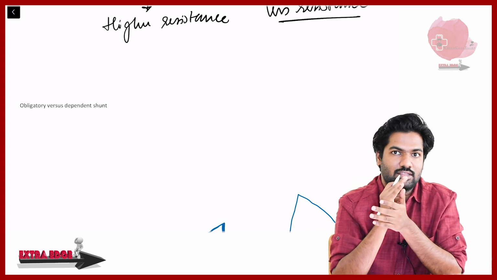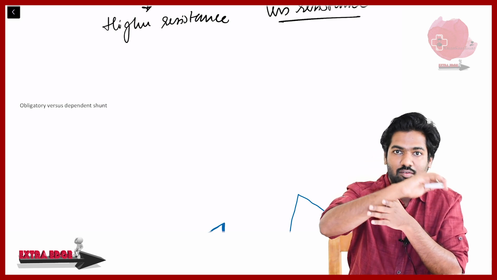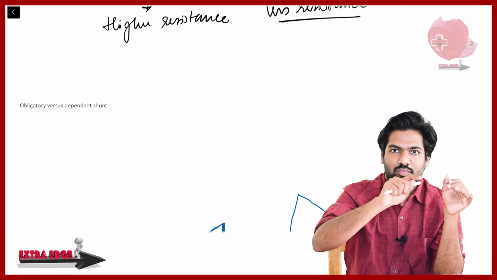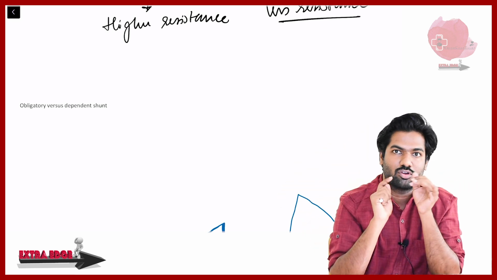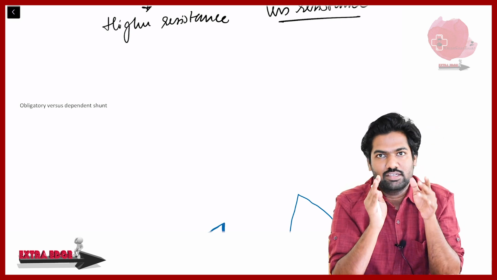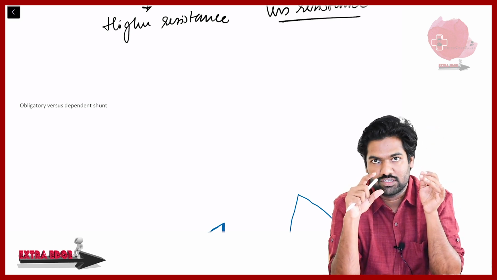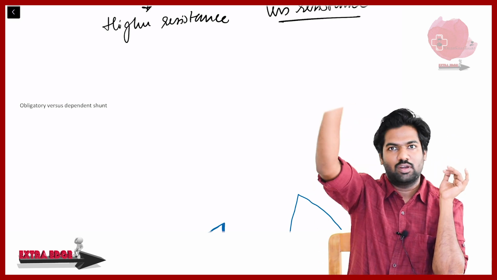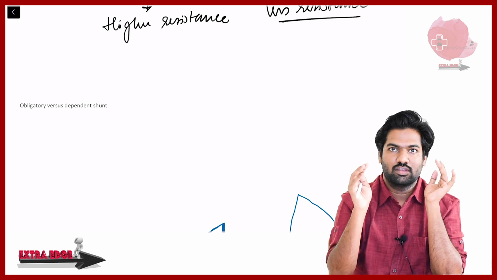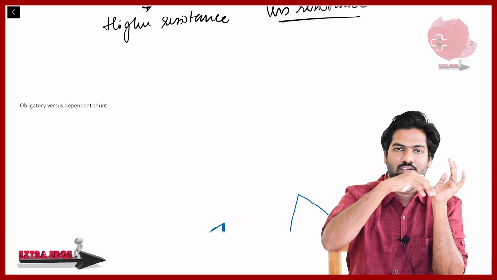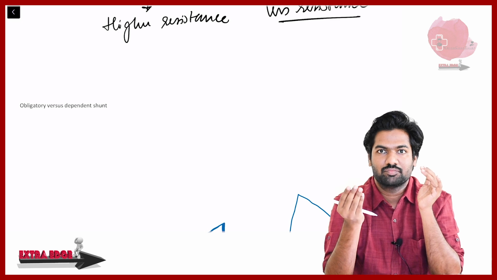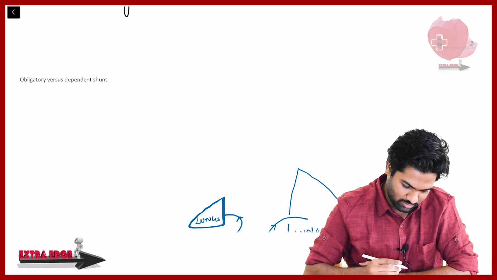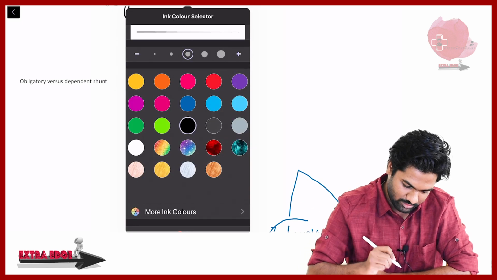But more than this, even when the blood wants to shift here, the important thing is the outflow tract of the right ventricle, means right ventricular outflow. It depends more on that. If a shunt is there, imagine the size of the VSD is dependent on the pulmonary resistance. Imagine now there is no pulmonary resistance at all. Then what happens is that the blood might go from left to right. Fine. So we'll see this now. What is called obligatory shunt or dependent shunt.